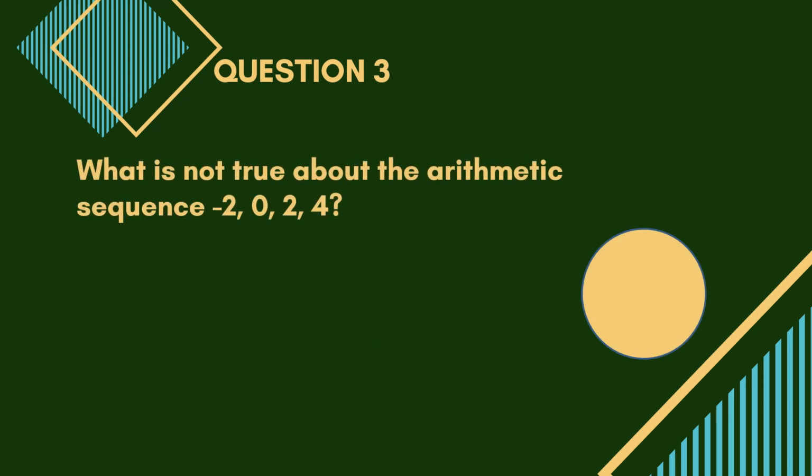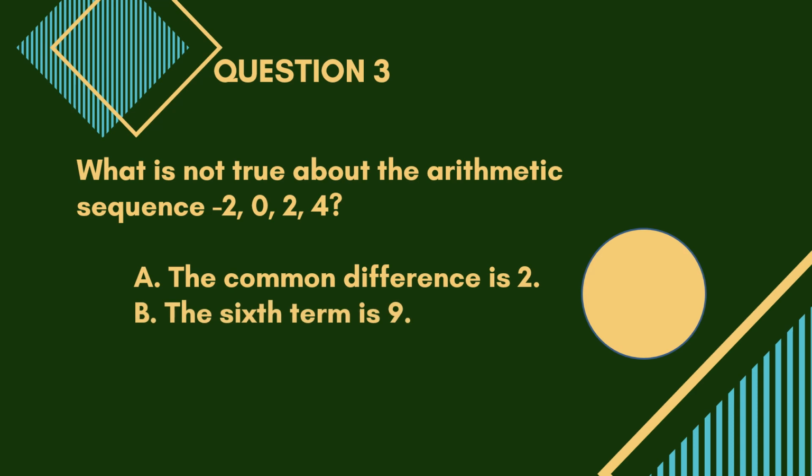Question number 3. What is not true about the arithmetic sequence -2, 0, 2, 4? I repeat, what is not true about the arithmetic sequence -2, 0, 2, 4? Letter A. The common difference is 2. Letter B. The sixth term